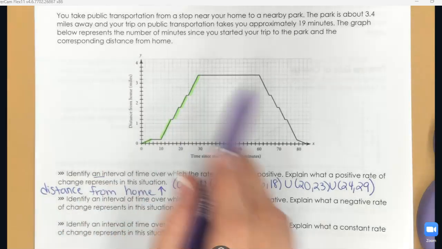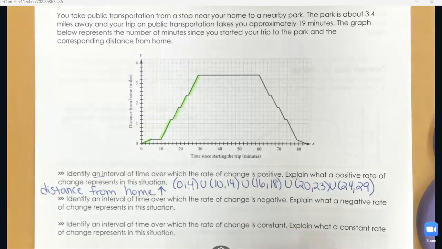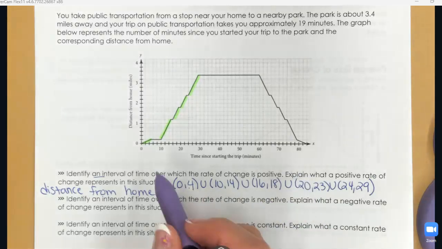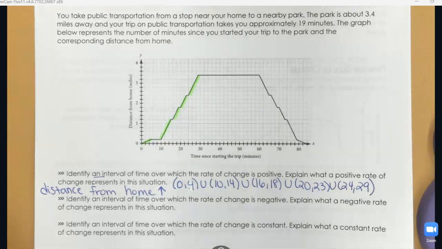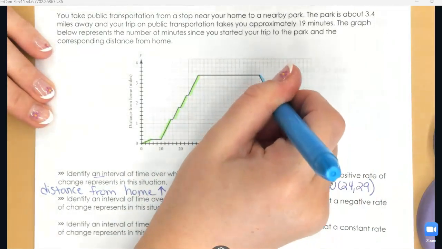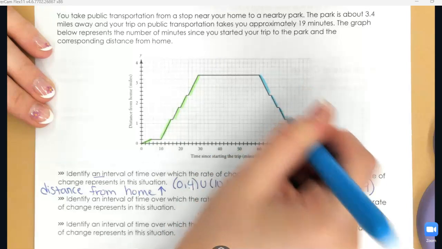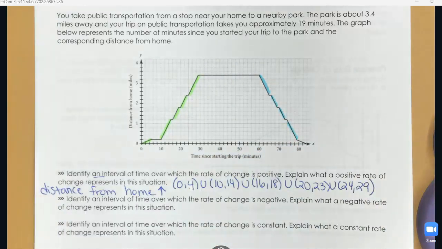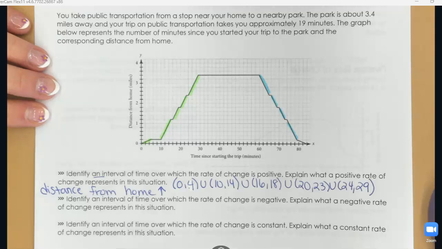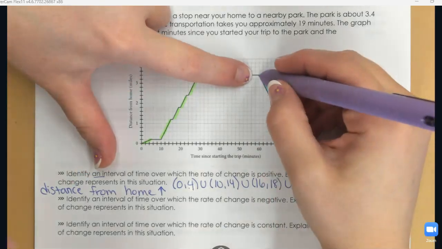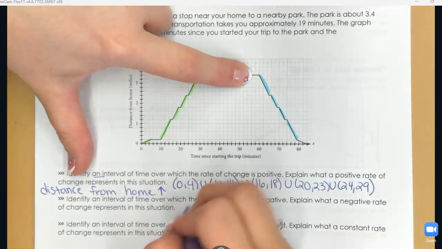So, it's not the same slope over the whole time, but it is positive, meaning our distance from home is increasing. Identifying an interval where the rate of change is negative. Again, that happens in multiple places. So we could go ahead and describe each of those intervals as well, but we've got 4 on this side also. And I'm going to list those out, starting here at 60